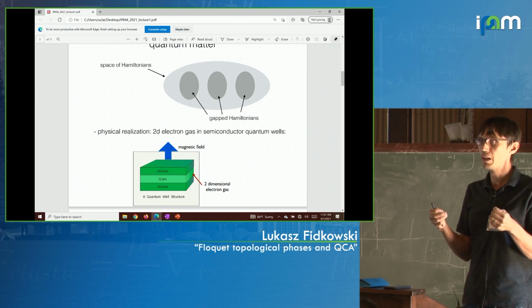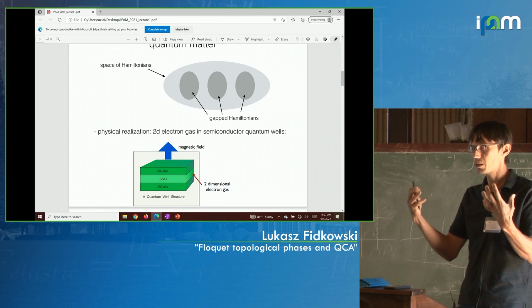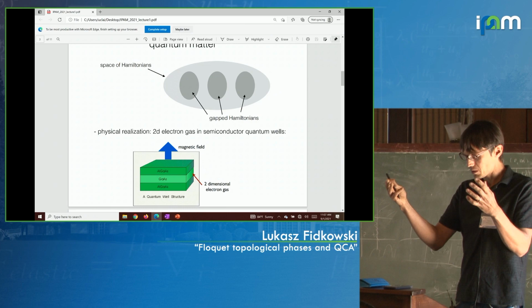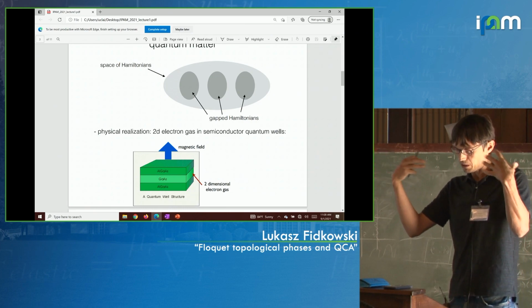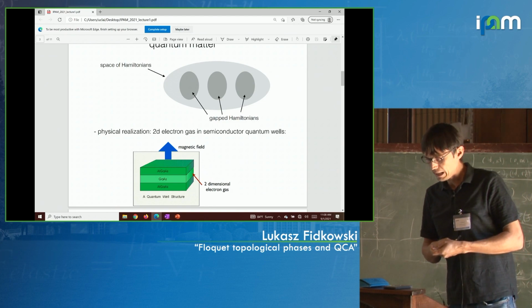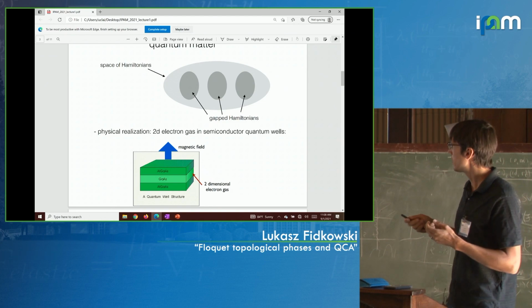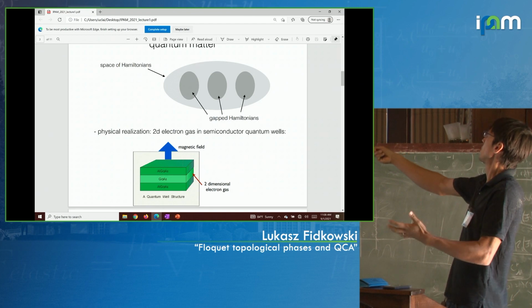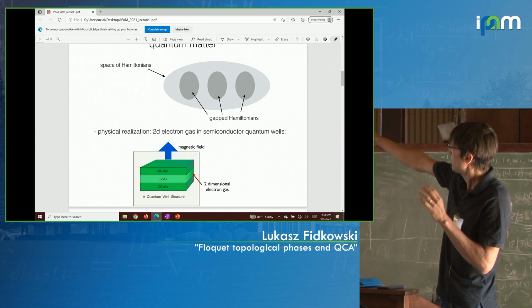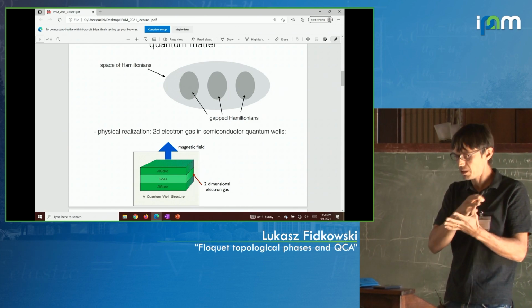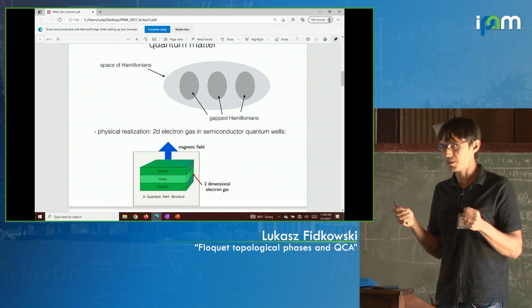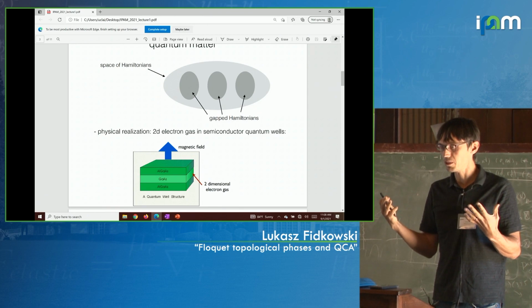For the most part, in condensed matter, we deal with electronic degrees of freedom. So we deal with electrons moving in the background of some crystalline lattice of ions. Your degrees of freedom are electrons. And it's actually very hard, even if in principle you can write down various gapped Hamiltonians realizing all sorts of exotic topological phases, in practice it's very hard to actually engineer systems that realize those phases. I mean, you don't have a lot of control over materials. It just kind of is what it is.